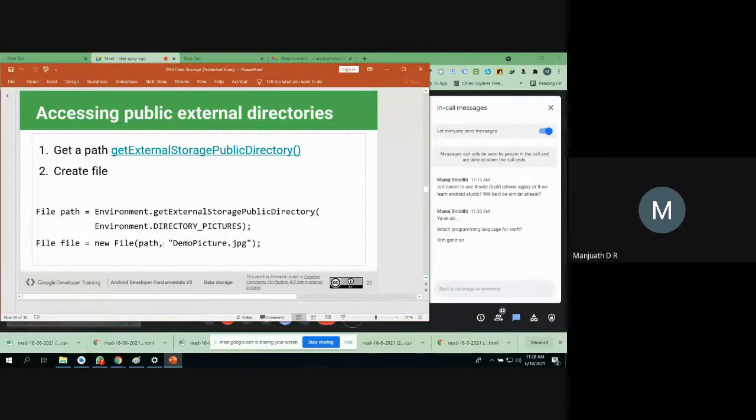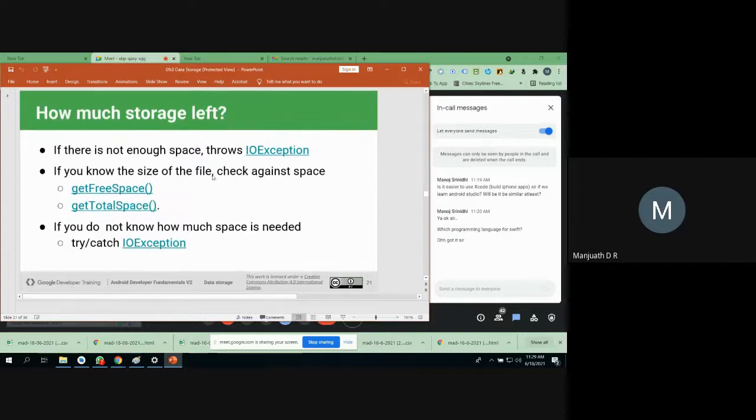The first parameter is the path, where exactly your file is present, and the next thing is the name of the file. So the only difference is getting the path. In the case of internal storage, getFilesDir is more than enough to get the exact location, but it is not possible in external storage. There, in this method, you have to specify the constant names.